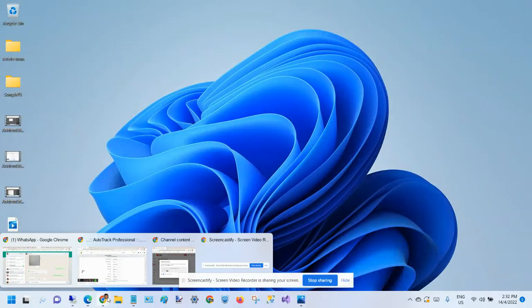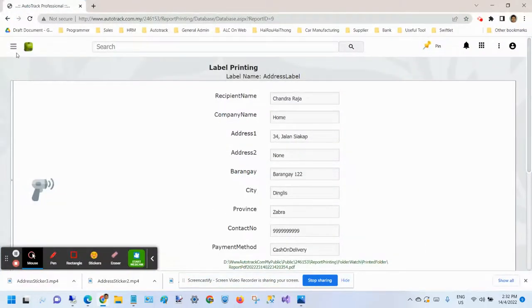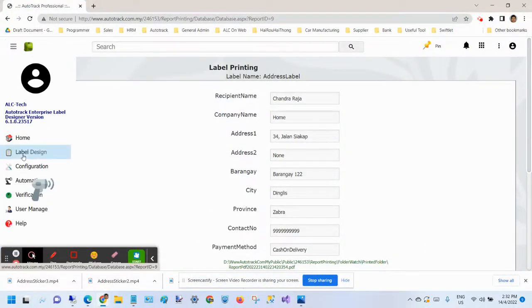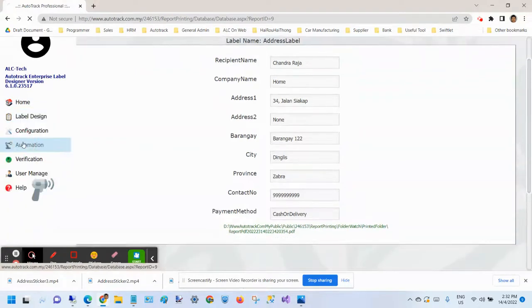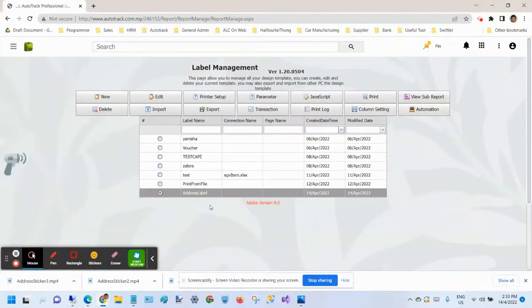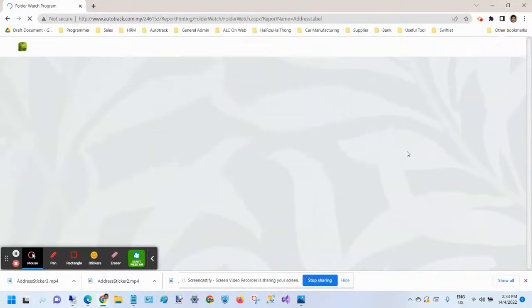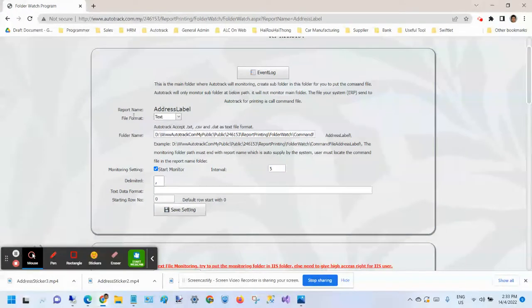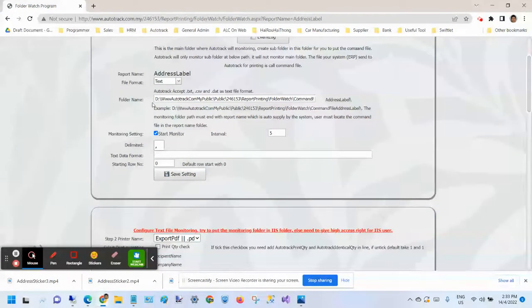Okay, now, home, label design, label manage, select the label template, click automation. So the file format, leave it as text. Okay, so this is where you're going to put in the